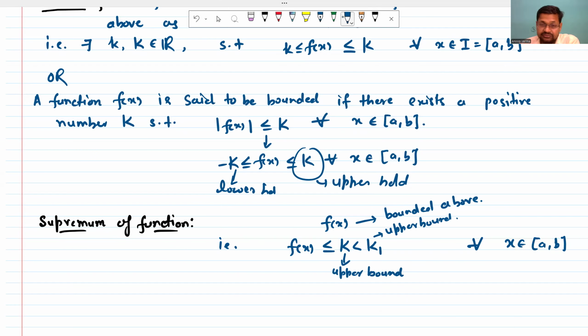Is it or not? You can also take any number k2 which is more than k1, that will also become an upper bound. So in this way you can say there are infinite number of upper bounds. So now what will we choose as an upper bound? So we are restricting, then we are taking the upper bound as much smaller, because we are not going